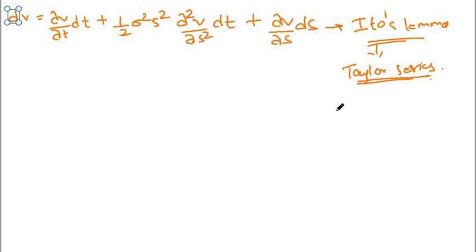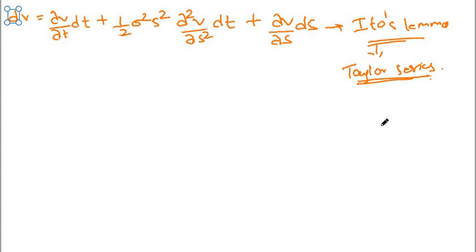So, if I just want to state it in mathematical terms, this will be your f0, or I would say the original function value, plus 1 by 1 factorial into the first order derivative into the change that you applied to your function, plus 1 by 2 factorial into the second order derivative, and then you just square the shock size. If this is not making sense, then please Google what a Taylor series is, then try to relate it with